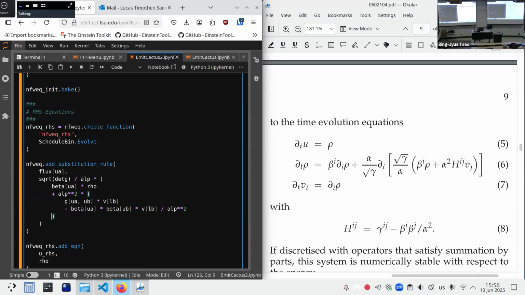CarpetX is your, okay, so let's do. All right, so that's clear. So this is what you want. So it's making sense. So ADM base is for specific carpet. This is the CarpetX version of that. Oh, okay. It's just the CarpetX version. Oh, okay. I don't know why that didn't click. All right, thank you.